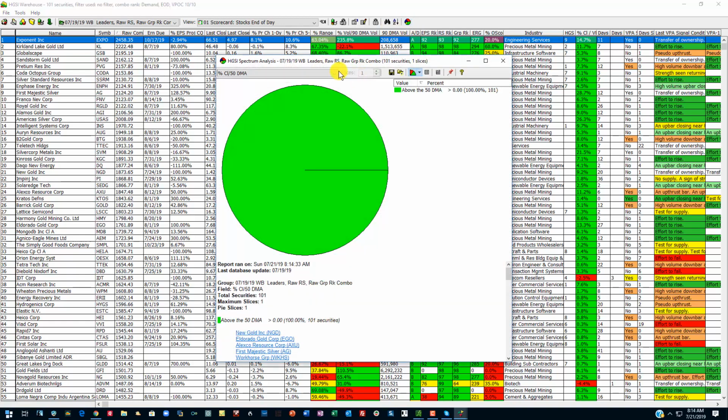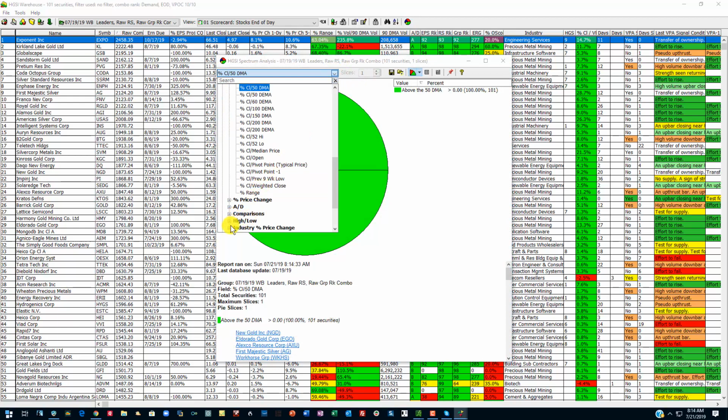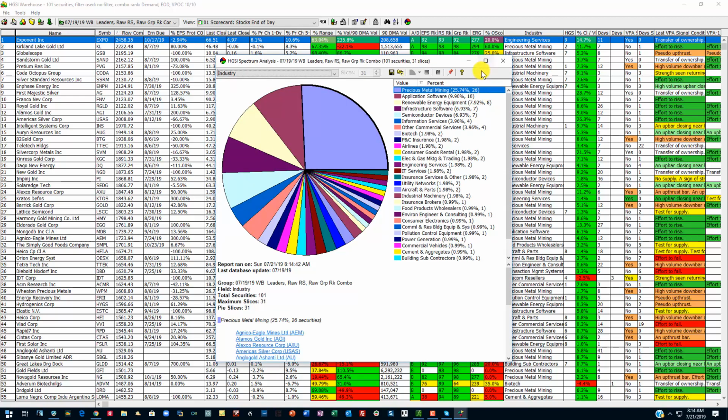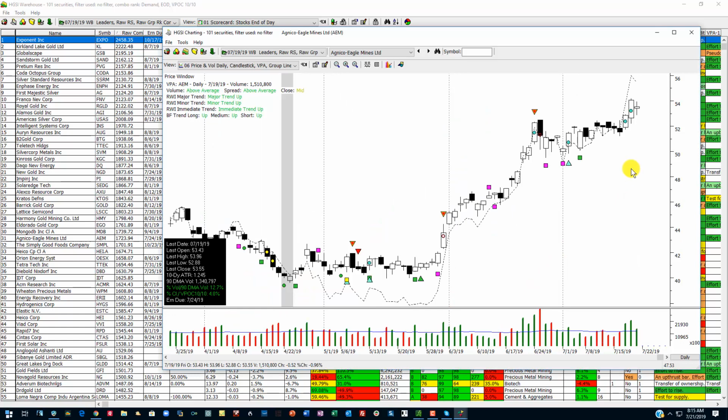If I click on this up here, it's a spectrum analyzer, and I can go in and click on industry, and it tells me where the strength in the market is currently. It's in precious metal and mining stocks, followed by application software, then by renewable energy equipment. Precious metal and mining stocks have been strong for quite some time now. If you click down here, because I have highlighted this in this slice, these are the precious metal and mining stocks. And you can see that this is a very strong stock that has had several good VPA flags,